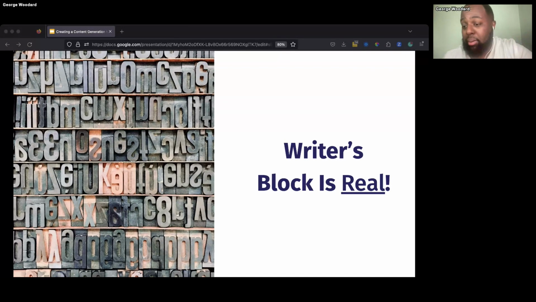And that's the purpose of today's presentation, to give you a more simple approach. I like simple. Simple is one of my favorite things. So this is the whole premise behind this presentation: to give you simple ways, tips to help you with getting over writer's block and generating content kind of on demand and have your own content machine going.